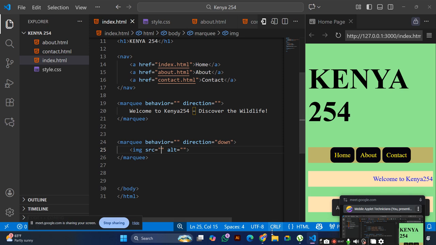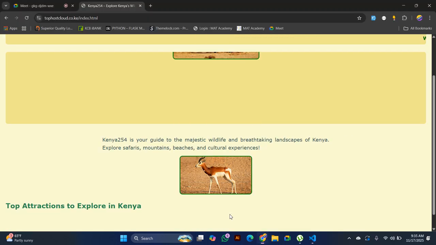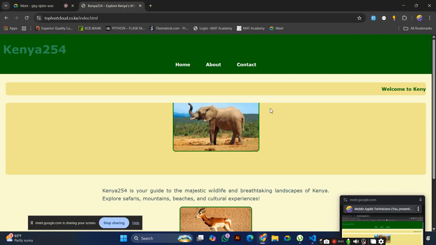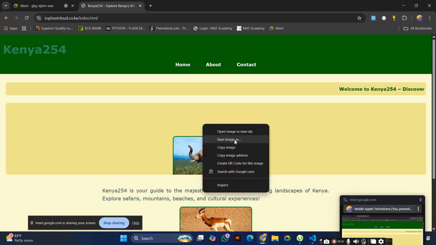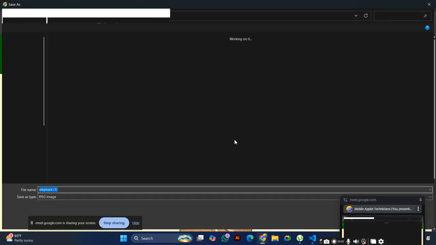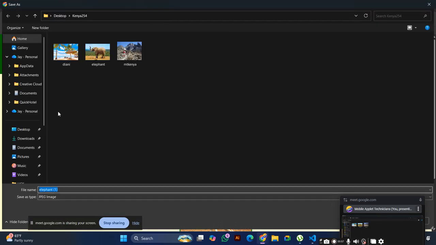Good. So let's go and download an image. Let's download the image. Make sure you put the image in your project.